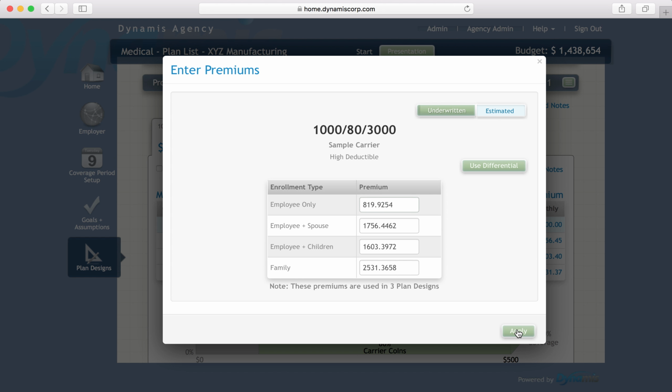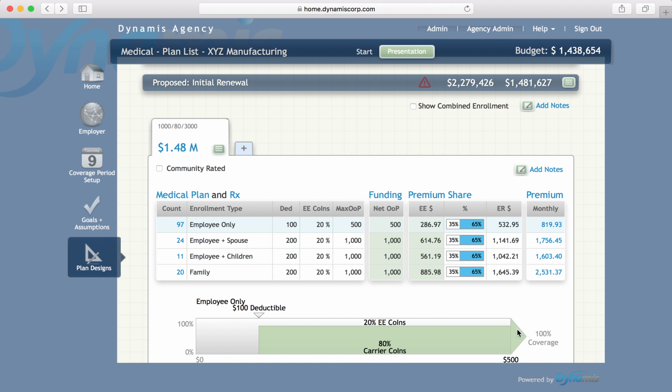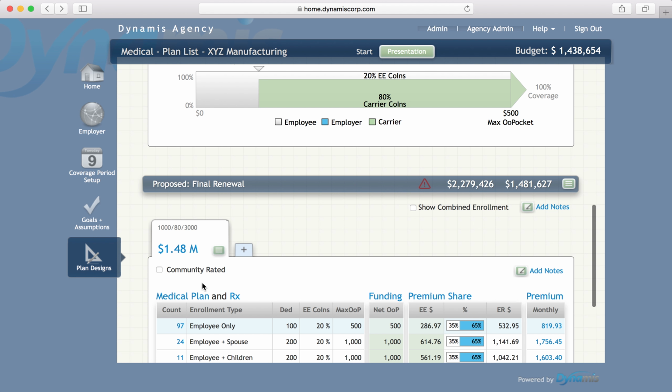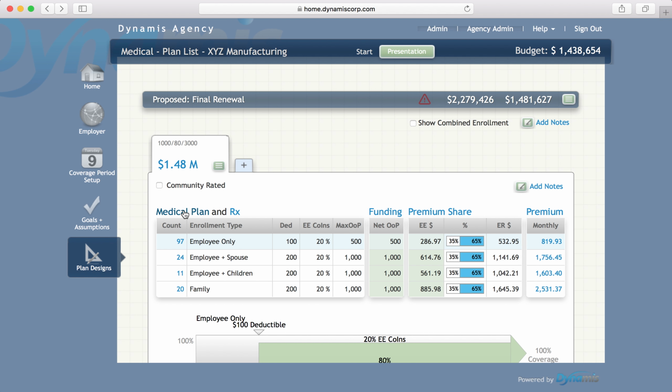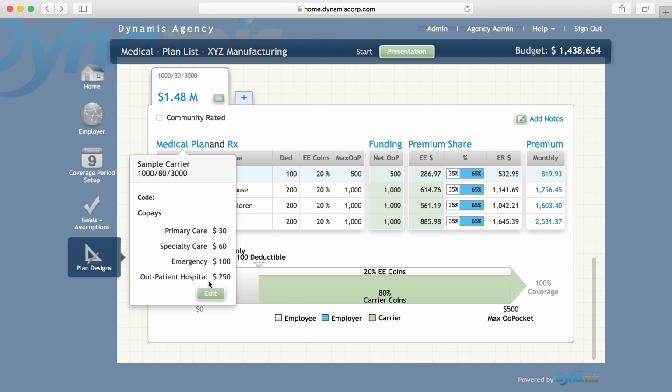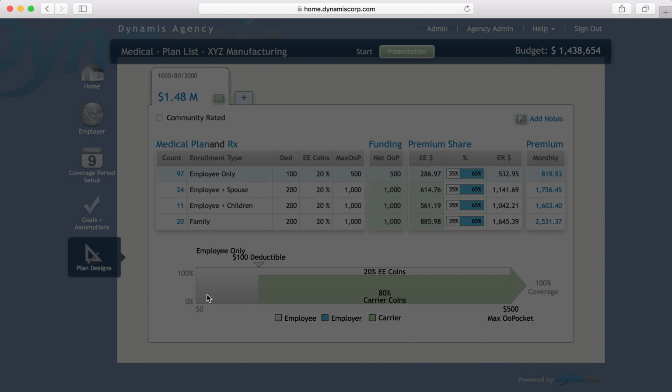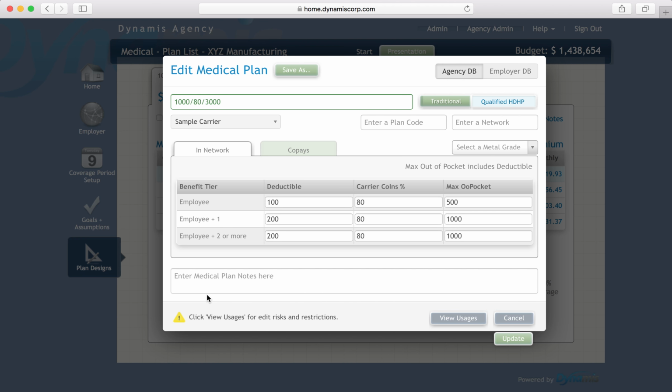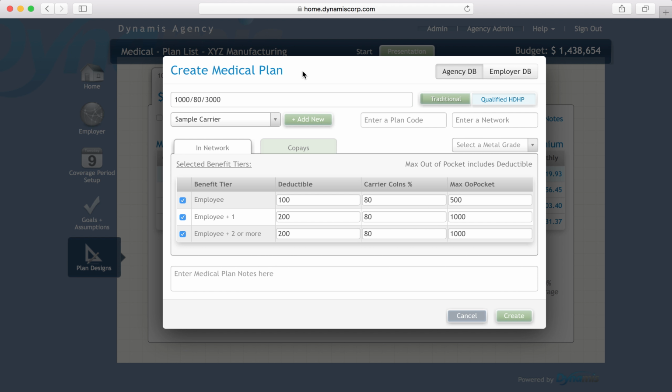So what I can do if I do want to show the same plan but use different premiums, I can come to my medical plan that I would like to use, click on where it says medical plan here, and come down to my edit button. Now on this edit medical plan screen, we have up here near the upper left hand corner this save as button. And when I click this, this is going to allow me to save a new version of this plan. So I can keep all my benefit information the same and just basically tweak the name here. So if I call this final now,